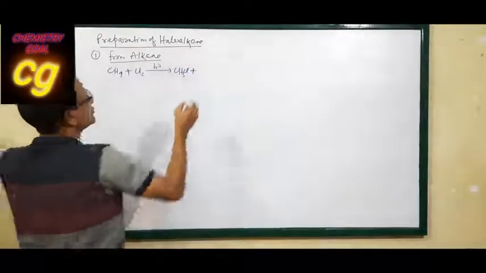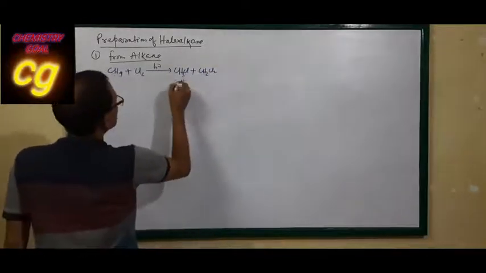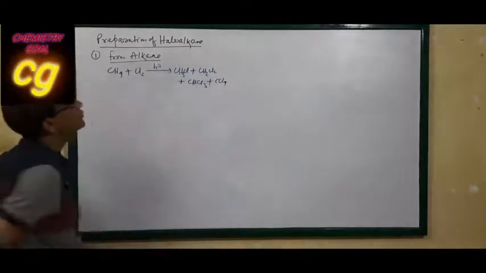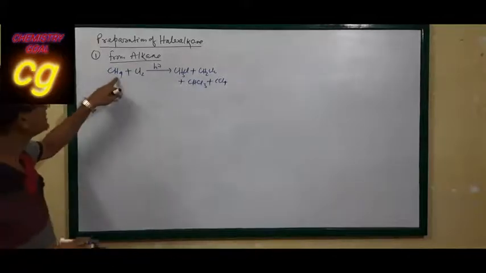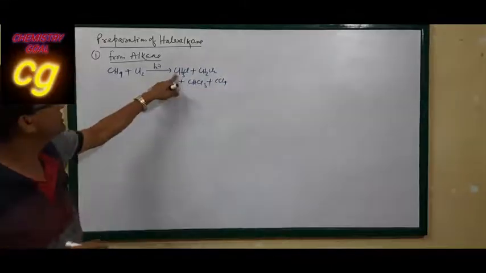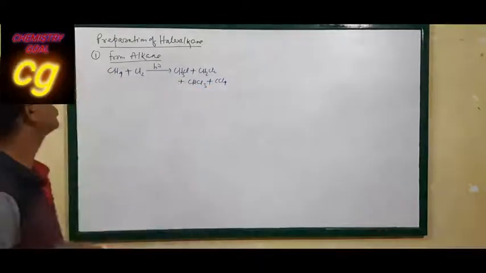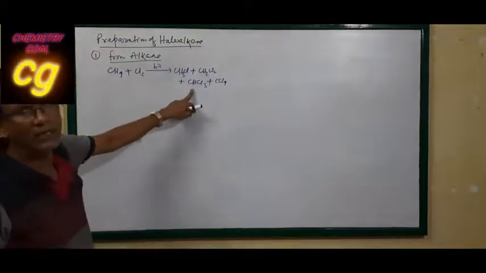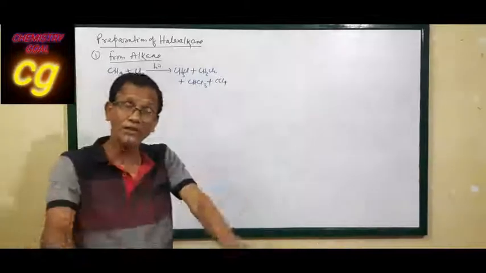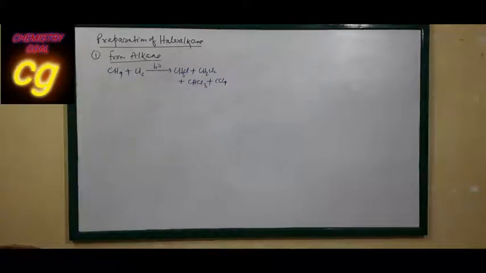If again you substitute, it becomes CH2Cl2. If again you substitute, it will be CHCl3 or CCl4. So like this, as it has 4 hydrogens, 4 substituted products are formed. Monohalogen, dihalogen, trihalogen and tetrahalogen derivatives can be produced, so a mixture of haloalkanes is produced. That's why in this method, pure haloalkane cannot be prepared. And this reaction is called halogenation.